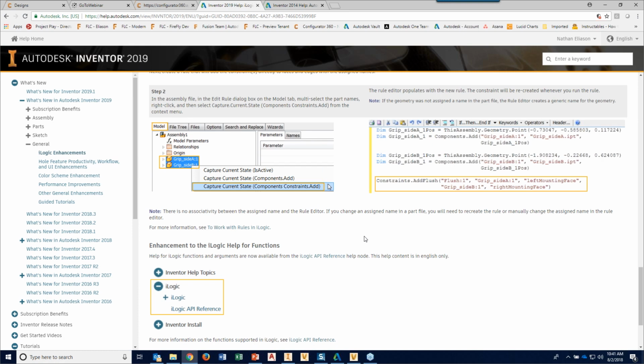Last question here before we get going. Actually, I'll give everyone 30 more seconds to ask any more, but I'll answer this one right now. If the geometry of a face changes, does the name still associate with that piece of geometry? No, and actually that's a good point. I'm glad you brought that up. One of the things that you need to be very careful of is when you name a face, you need to be sure that that face is not going to be destroyed based on changes in your geometry. Because if for whatever reason that face goes away, you will lose the name,